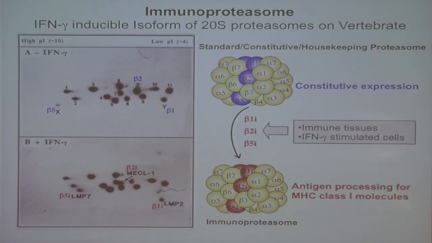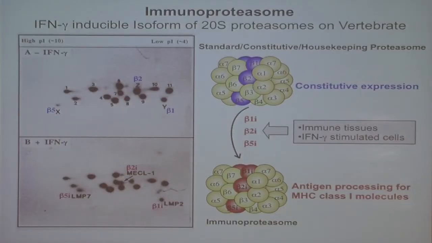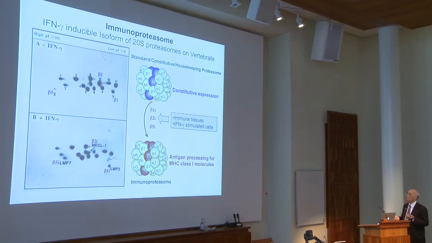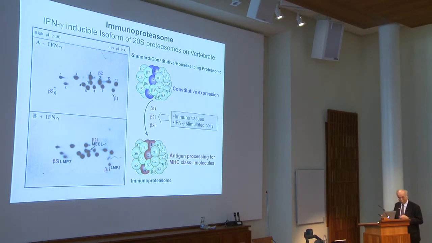Proteasome subunits themselves are very similar, but the homology is almost 10 or 20%. However, in this case, the similarity and identity are over 60%. So therefore, we propose that interferon gamma stimulates cells to exchange the constitutive proteasome for the interferon gamma inducible proteasome. And this is inducible and also related to immune response. So we named this the immunoproteasome.